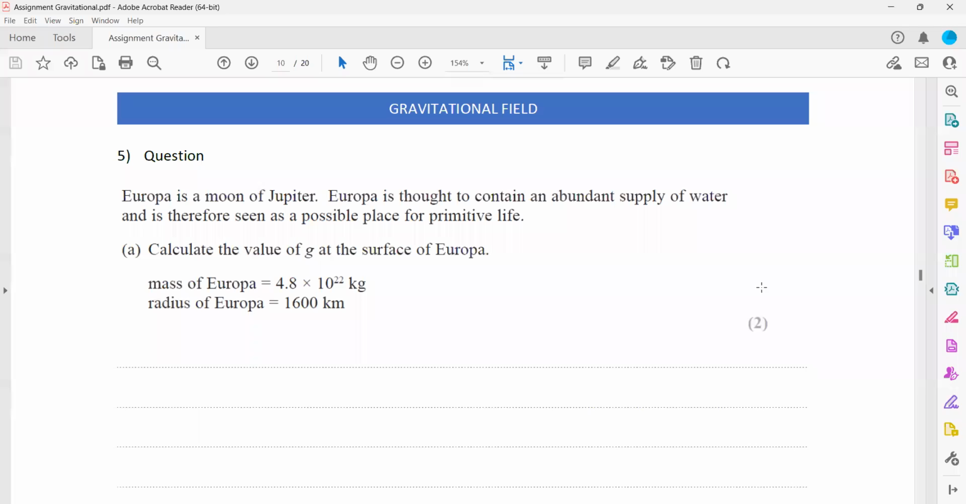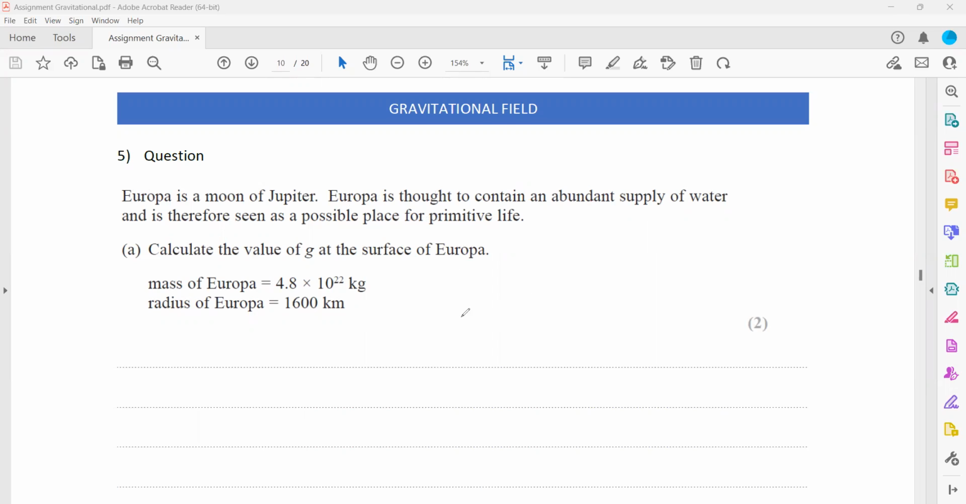This is related to the gravitational field and Newton's law of gravitation. Europa is a moon of Jupiter and contains an abundant supply of water, and is therefore seen as a possible place for primitive life. Calculate the value of g, the gravitational field strength, at the surface. The mass is given and the radius is also given. So,